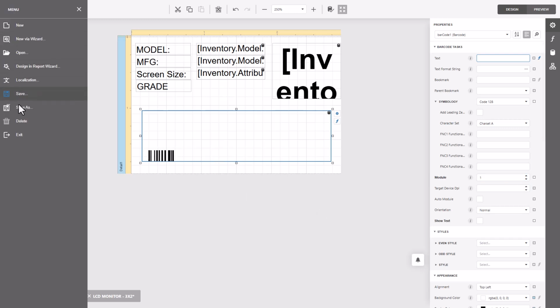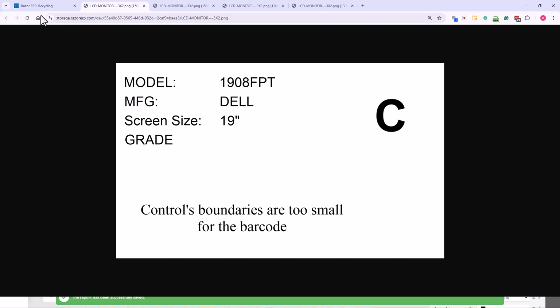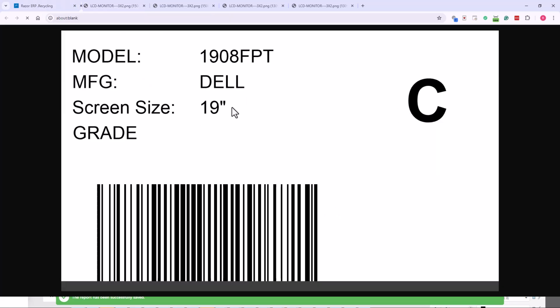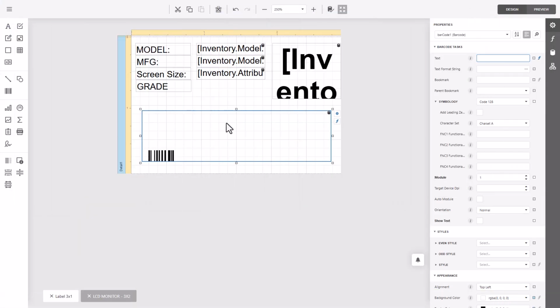So now if we do a save as, and we do a preview, you could see this is the formatting. And if we go back, if you want to adjust it some,